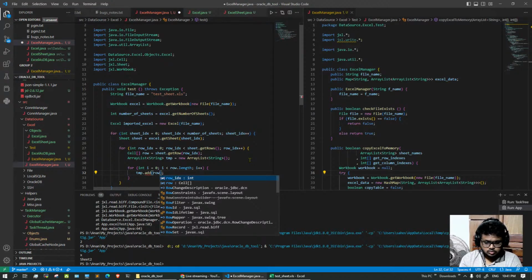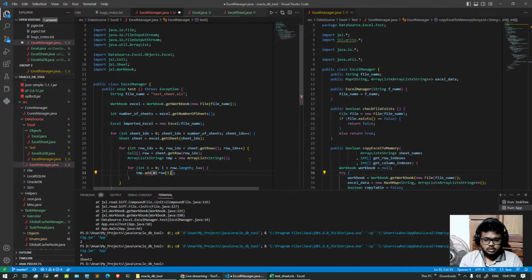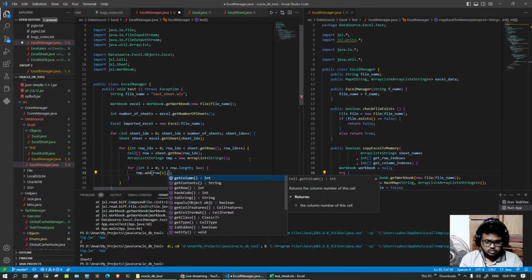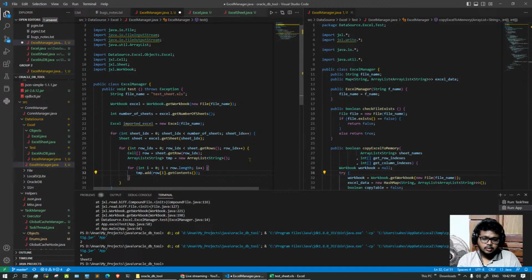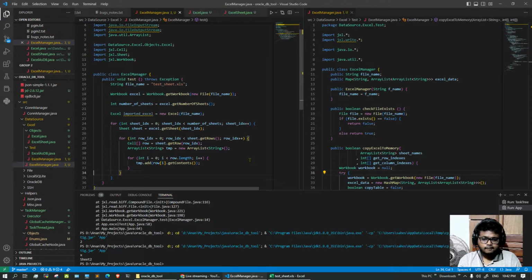Row i dot get content. So what happens if this string or get content? Okay, how about that? tmp to the string, and after that I have the